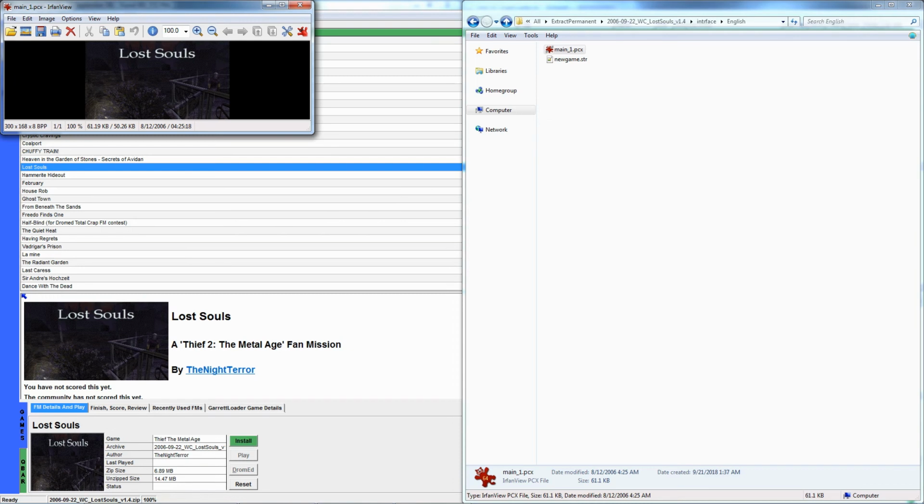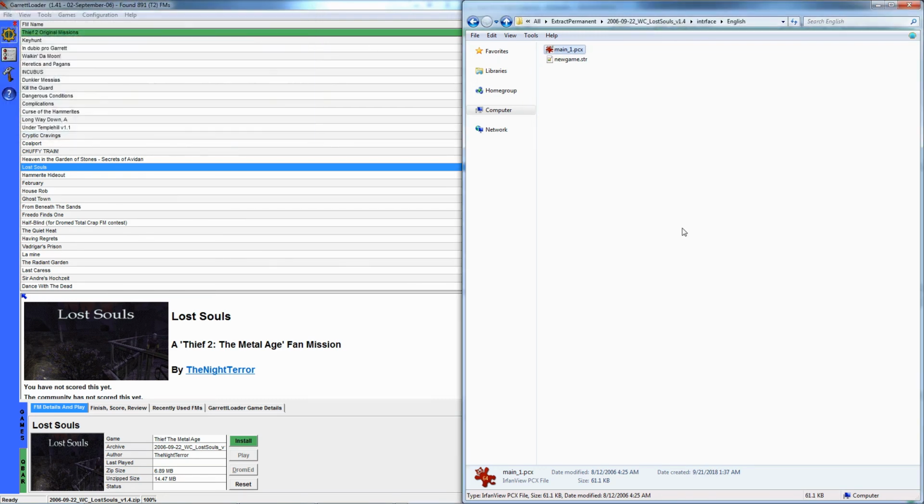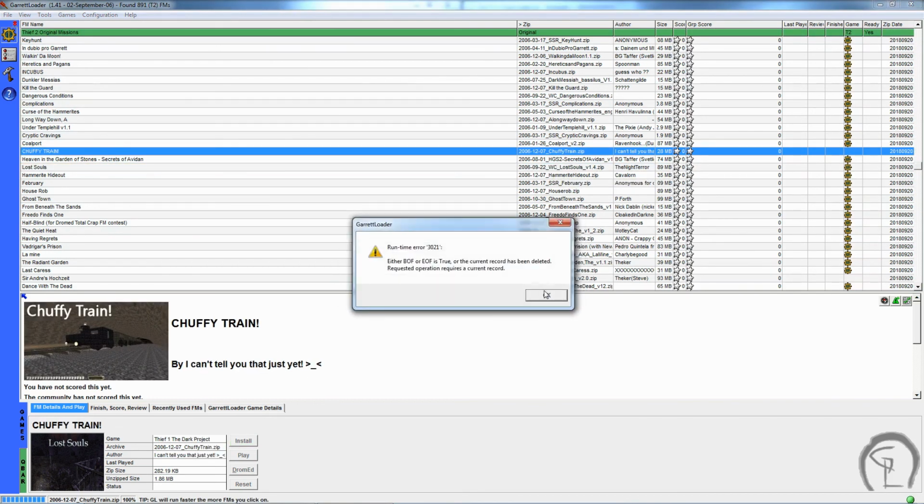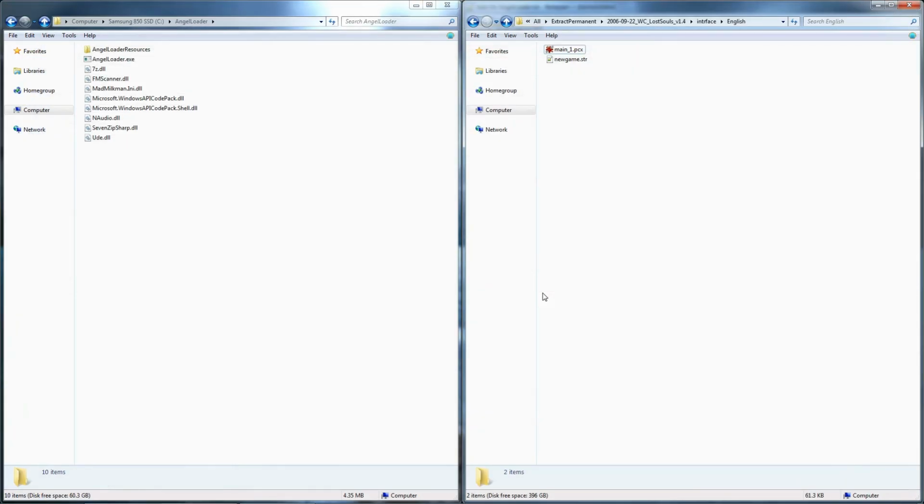I mean, I could do that. It's kind of a pain in the ass, actually, believe it or not, to put something at the top of an RTF box like that. But yeah, so that's an exciting thing. AngelLoader isn't going to be like